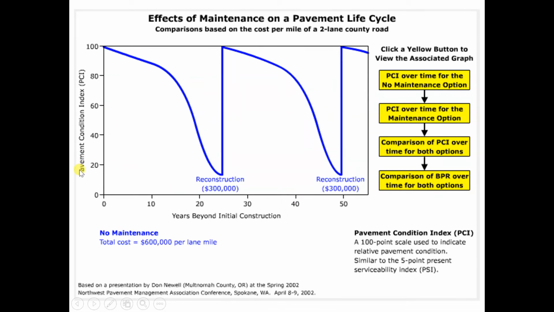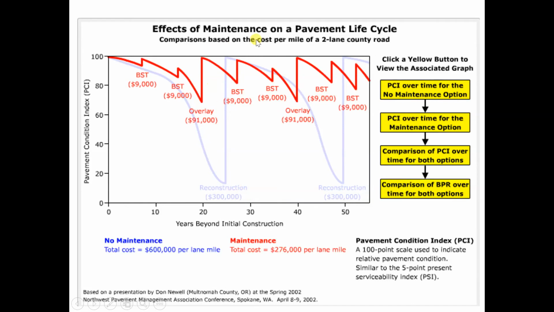So this one, in this case for this road here, we measure the pavement by the PCI, pavement condition index. Okay, so the effects of maintenance on the pavement life cycle. If you maintain the road regularly, you have bits by bits of the maintenance. You maintain it, and then